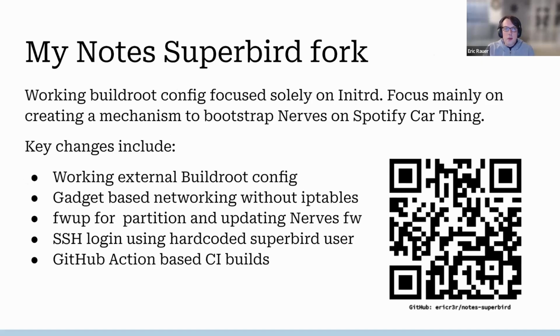So my initial deep dive was working on the Buildroot config, focusing mainly on the initRD. So I know that I have a device that I'm going to need to repartition. I needed to get this thing up and running in a way that I could bootstrap Nerves on top of it. So key things I did was fill out the Buildroot config,